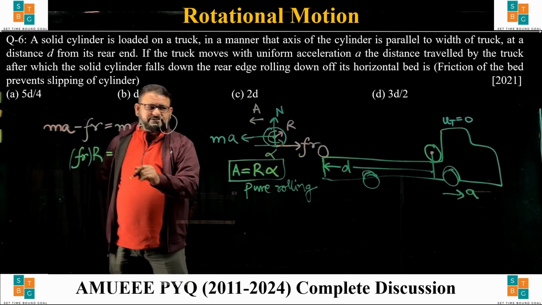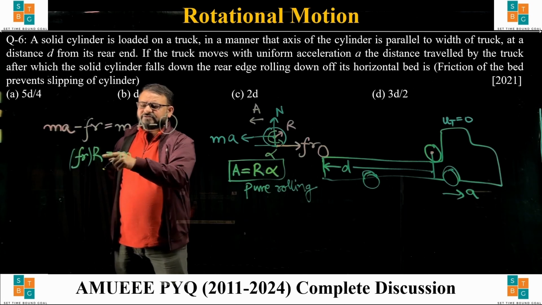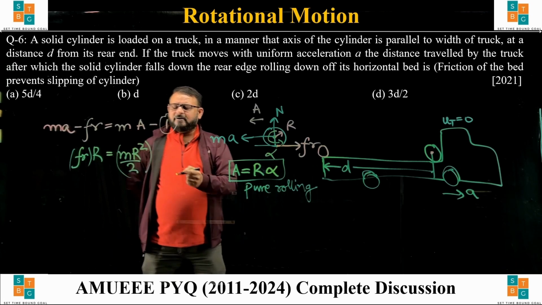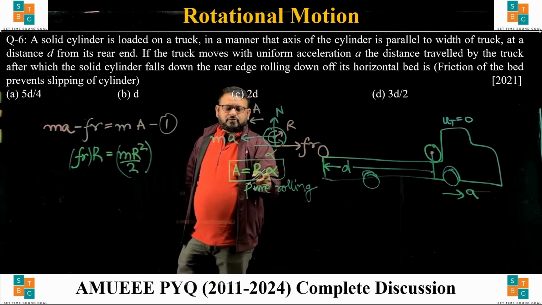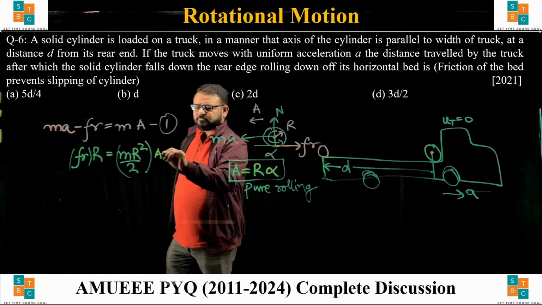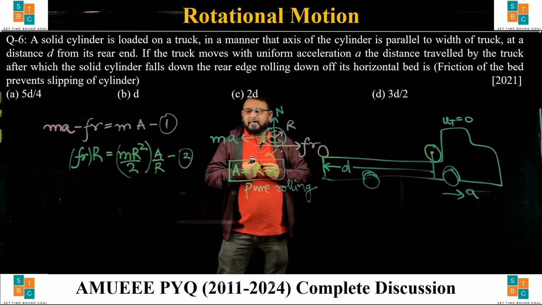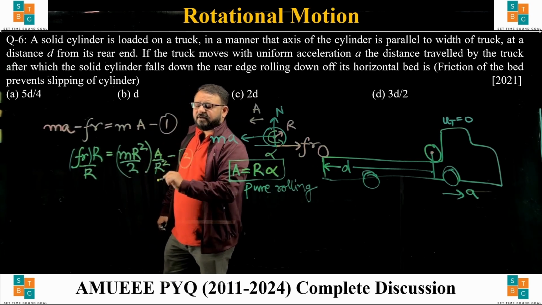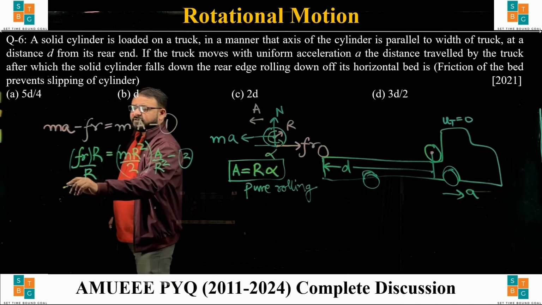Ye torque is I alpha. Now we know this is a cylinder of mass m, has a radius r, so mr square by 2 I alpha. Okay. Now what I'm going to do is I'm going to use this condition, so I'm going to write instead of alpha a upon r. Right. अब हम क्या करेंगे, ये सेकेंड इक्वेशन को r से डिवाइड कर देंगे, और ये दोनों इक्वेशन को ऐड कर देंगे. तो हमें इससे क्या आ जाएगा,